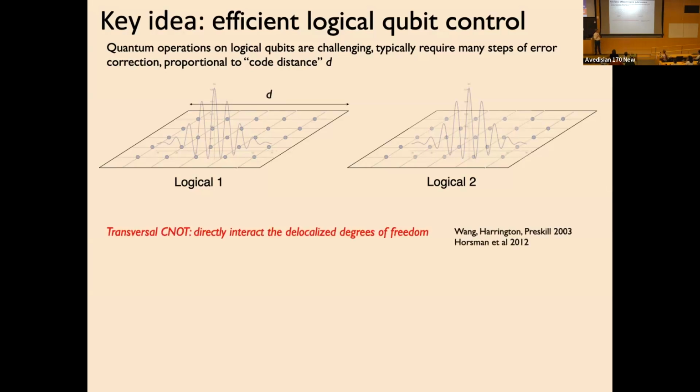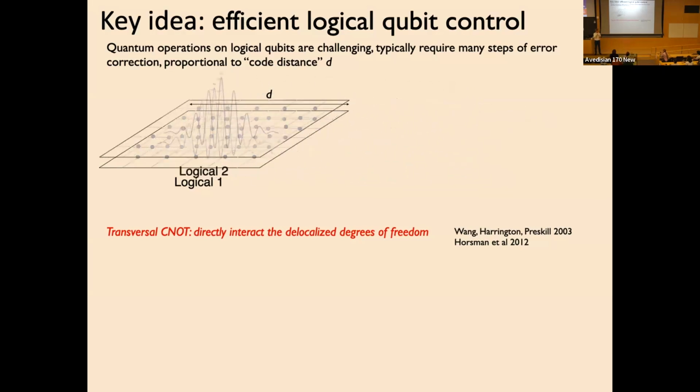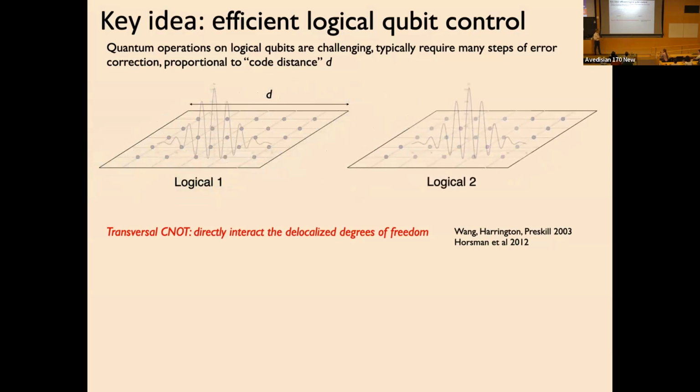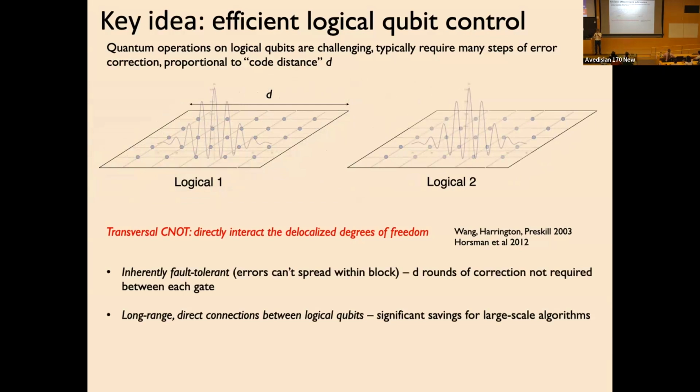The approach we will take instead will utilize something which is called transversal CNOT gates. Here we will use this reconfigurable architecture to literally pick up one of these logical qubits and bring it on top of another, and then do the CNOT gates in parallel on all pairs of the qubits. All right, and then afterwards, when it's done, we separate them. So that's the idea. So this actually executes a two-qubit entangling gate between the two qubits, and has several major